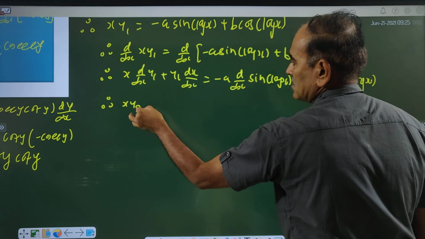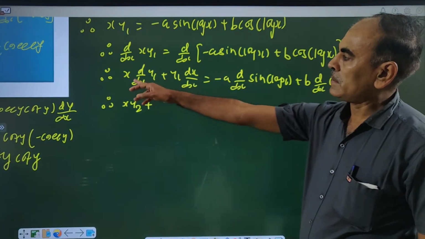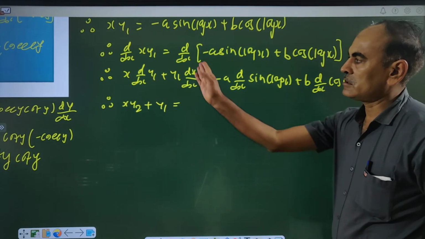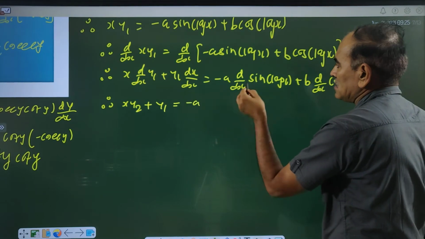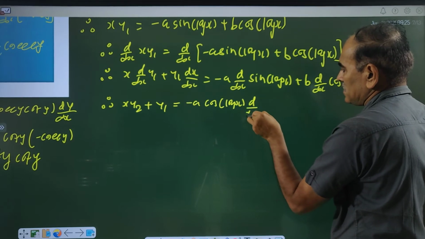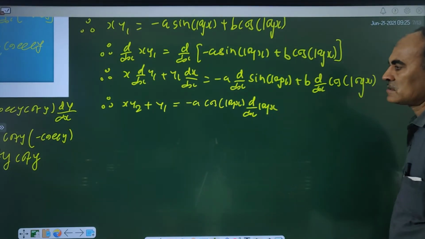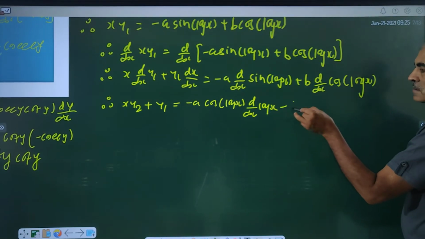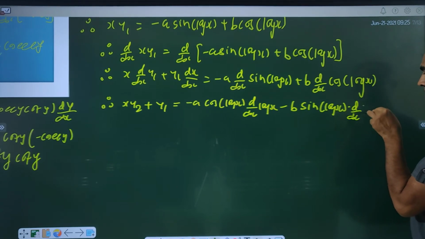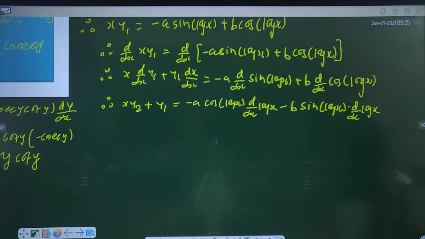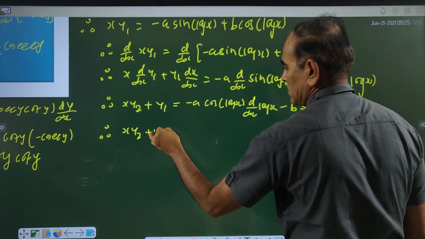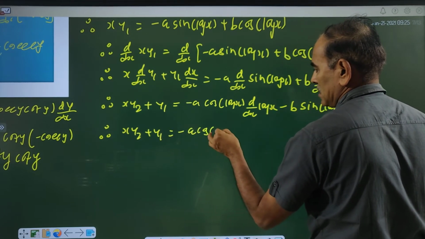Therefore, x y2 plus the derivative of y1, which is y1, because it's the derivative of cos of some function, minus sin of some function, d by dx of some function. So x y2 plus y1 is equal to minus a cos of log x